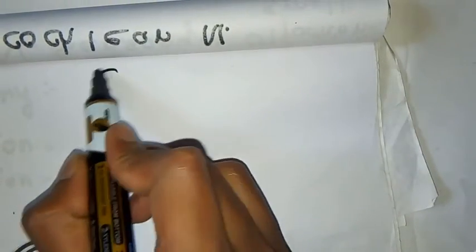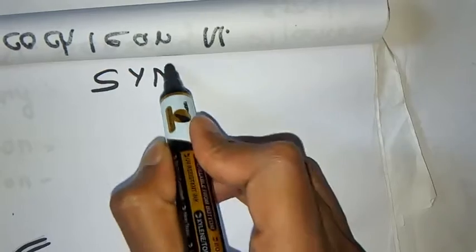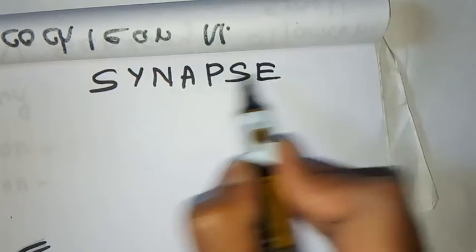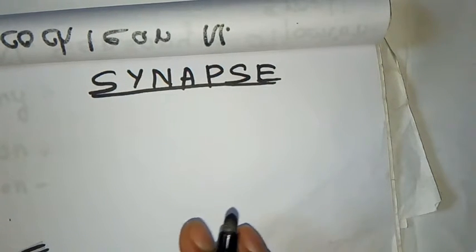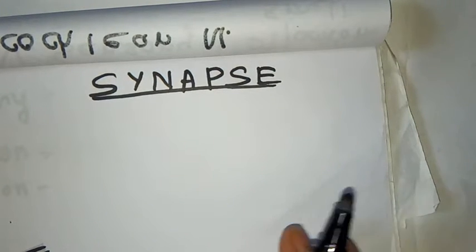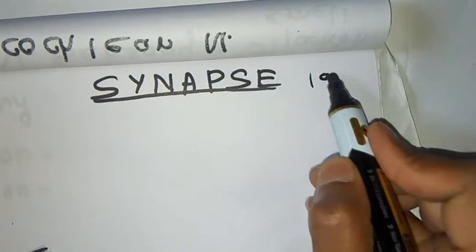So today in this video we'll discuss the synapse. The word synapse came from the Greek word synapsis, a Greek combination which was introduced in 1897